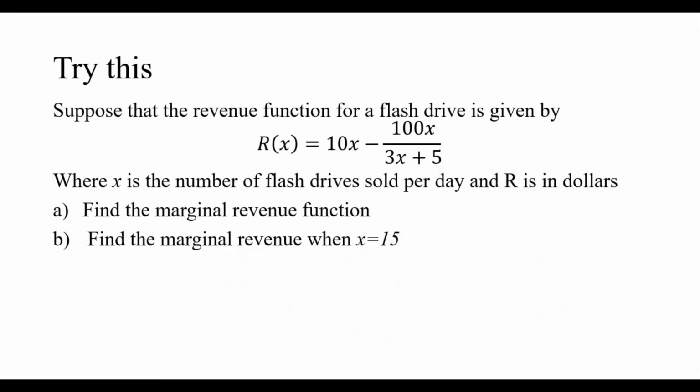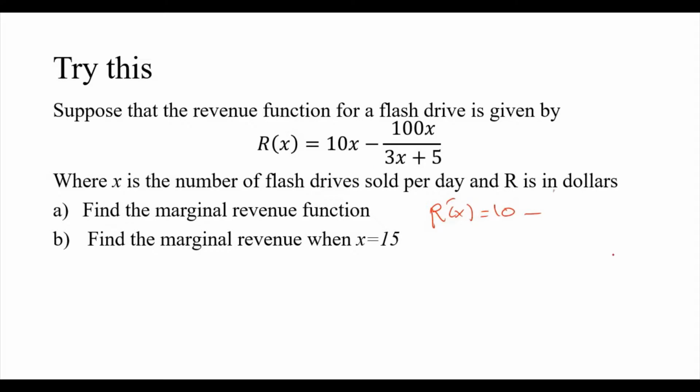Let's try another one. Suppose that the revenue function for a flash drive is given by R of x equal to 10x minus 100x over 3x plus 5, where x is the number of flash drives sold per day and R is in dollars. We want to find the marginal revenue function, which is to find the derivative of R of x. So to find the derivative of R of x, you're going to say the derivative of 10x is 10 minus,